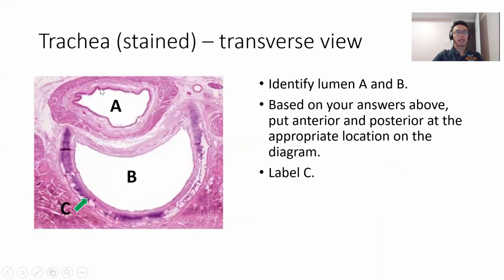Okay, moving on. This is a transverse cut, transverse like this way. Okay, and then you're looking at it from the top, and you can see there are two lumen. Lumen is the inside of a hollow structure. So over here, this is the trachea, right? This is the esophagus. Okay, so this is the front of the body. This is the back. And C is pointing at the cartilage,